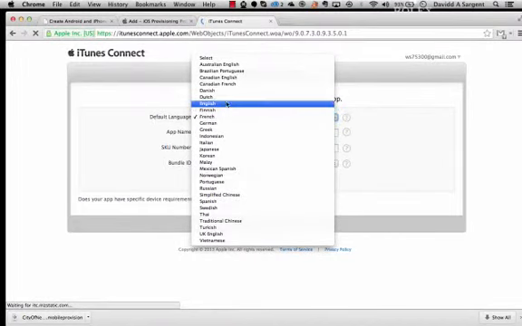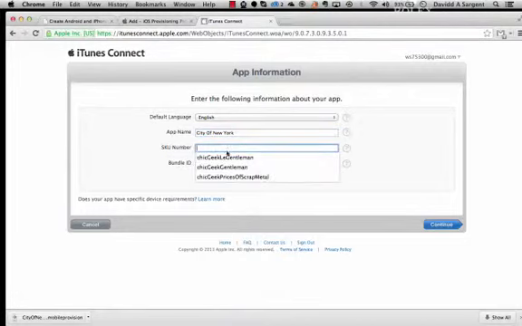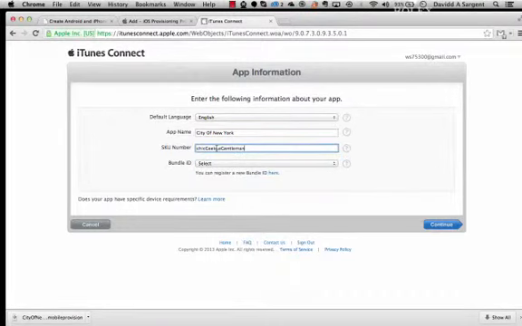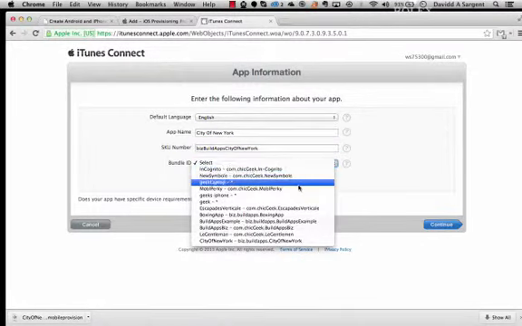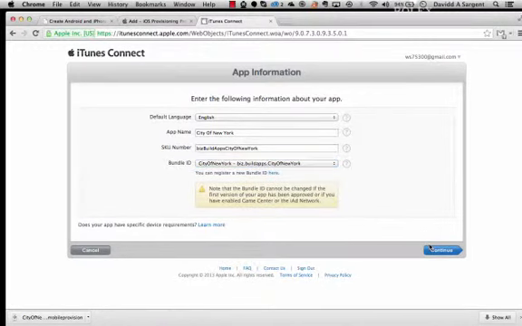We choose our language, so I'm going to be English. I'm going to call it City of New York. You can use spaces in that one. Now you have to give it an SKU number, which is in general biz build apps City of New York. Then you have to choose the bundle ID. The bundle ID was the ID that you just created earlier, so that will be probably the bottom one there, City of New York. So you press continue, and you hope that the name is free for you to continue